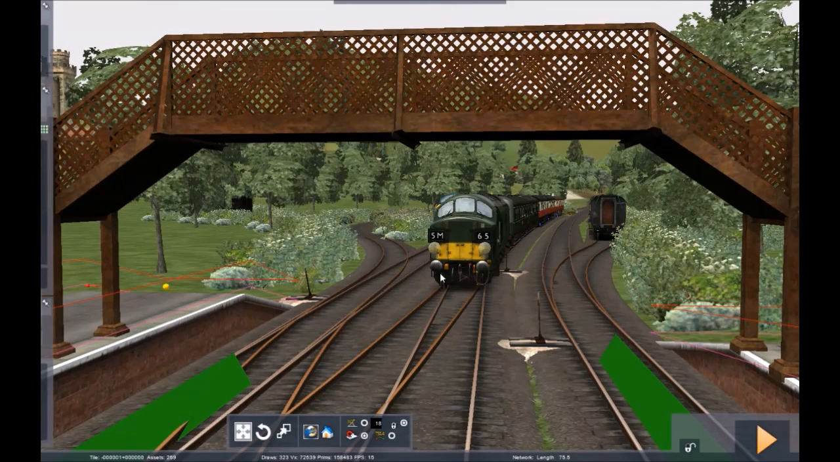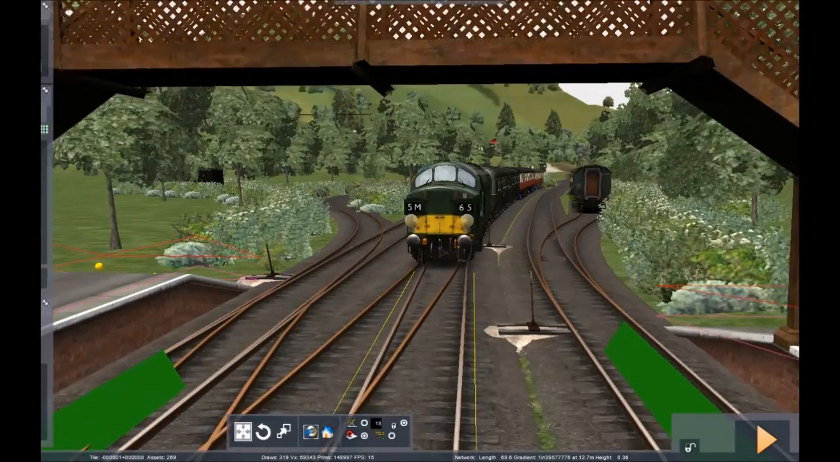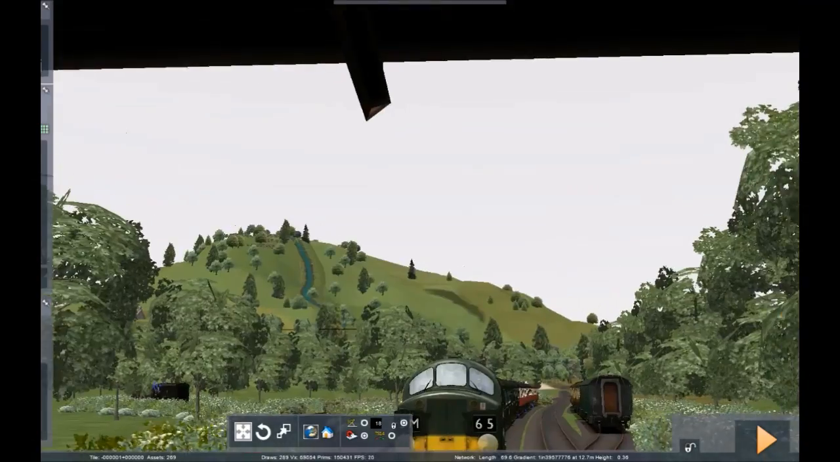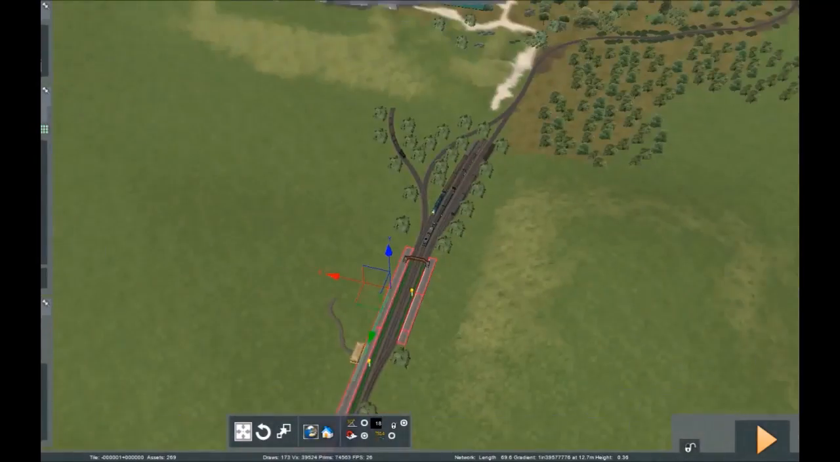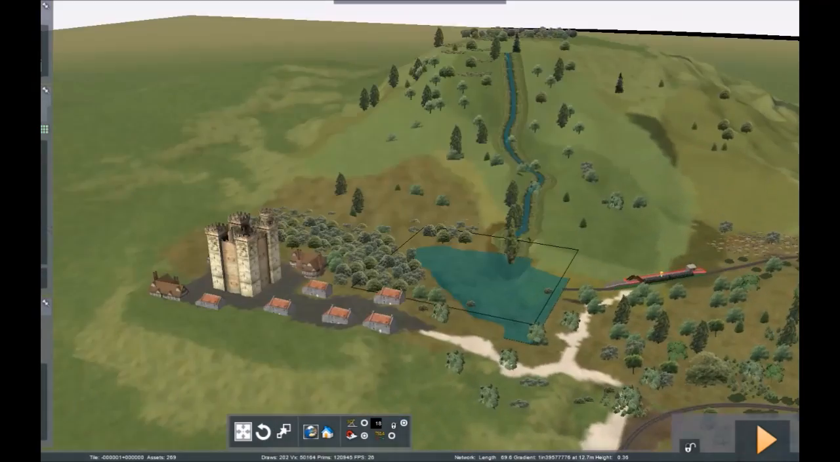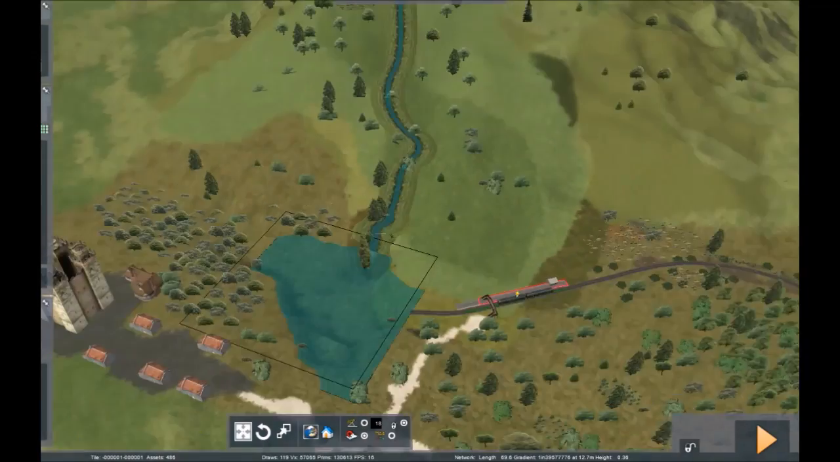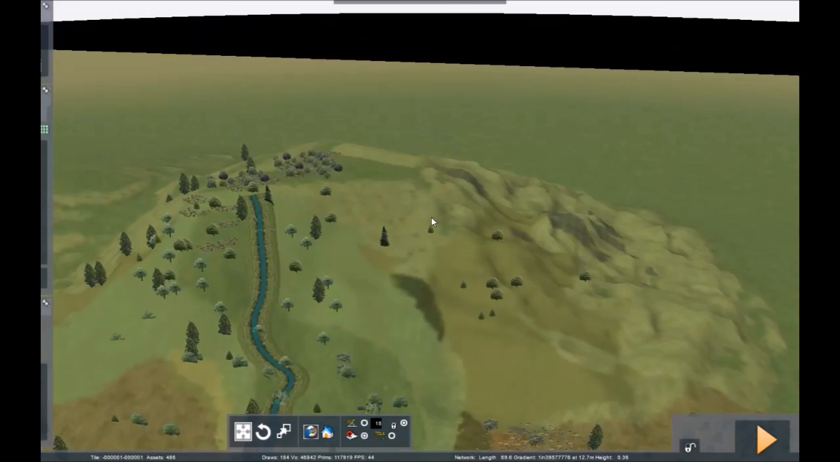Hello guys and welcome back to another Trainz Simulator 2016 video, and today I'm going to be doing a tutorial on how to make your own route. This is something I've been working on recently. I'm going to show you how to make something quite reminiscent of this, obviously not to the same level of detail, but I'm going to show you how to make terrain like this